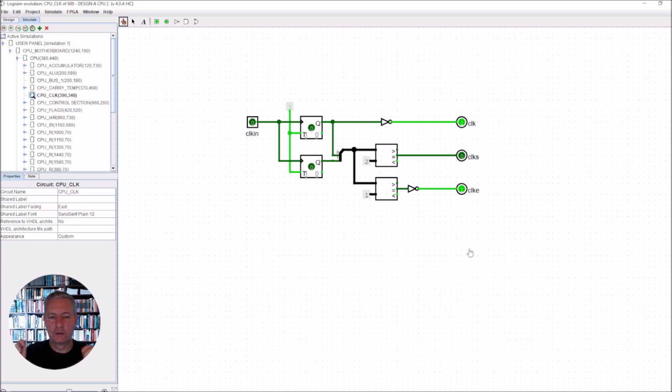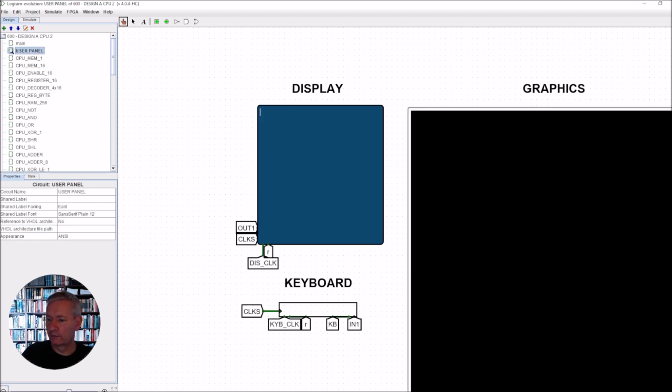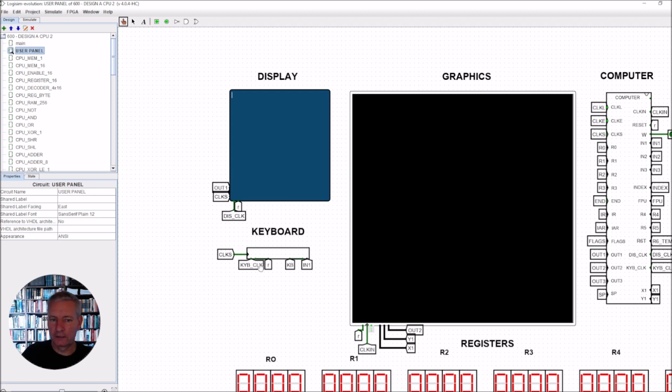Now when I changed the clock, I checked to see that all previous programs were working, and everything was working fine, so there's not really going to be any change in what has gone before. There's only one issue that I found which was an easy fix, and that was the keyboard here. Whenever I installed the new clock, I found that the keyboard would always miss out the very first character. So if I typed in hello world, it would only save the ello world, it would miss out the first